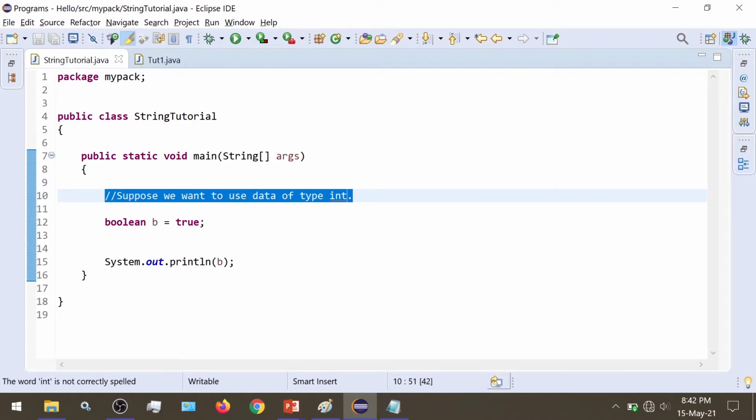If you want to include extra information inside a program, then we write comments. So whenever our computer encounters these two forward slashes, it understands that the line after it is a comment and it simply won't bother executing it. If I remove this and try to run it,